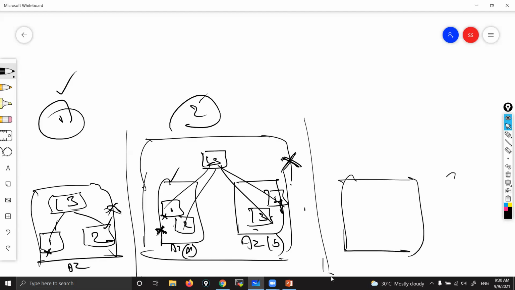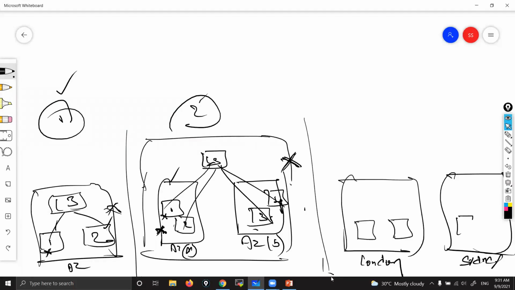This is one region. One more region. You take any region, like one is London and one is Sydney. Two regions are there. Okay, so in each region I have 2 servers. Those could be in the same availability zone, could be in different availability zones.